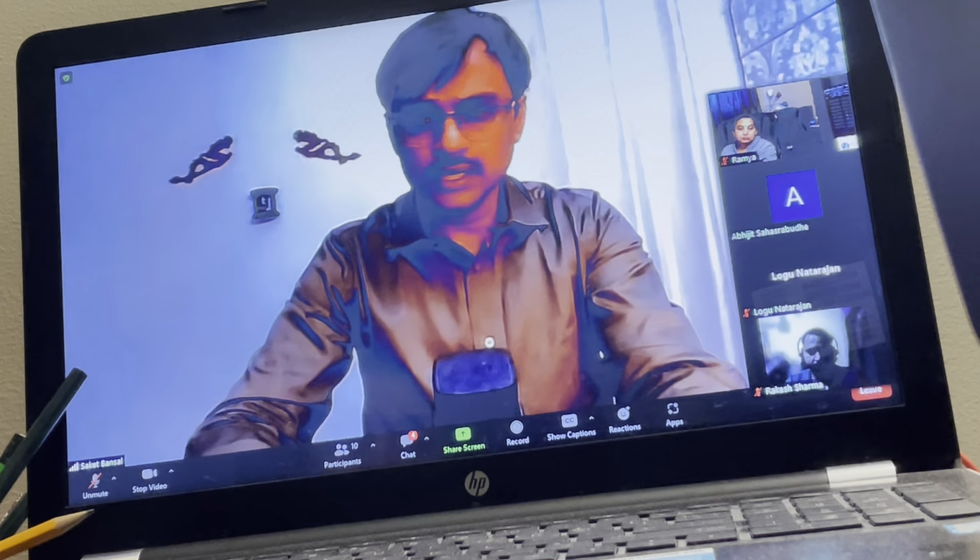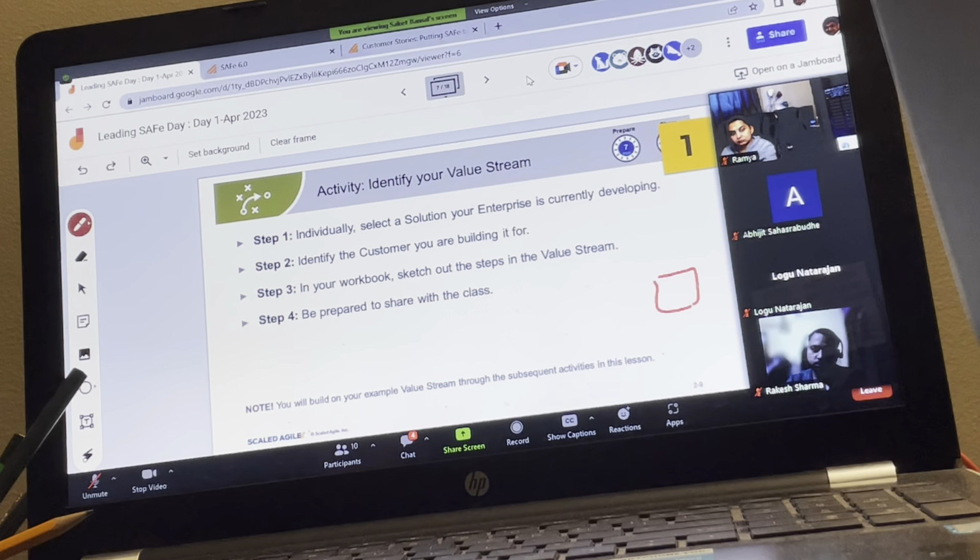So out of three of you, someone has a particular solution which is customer oriented and it looks like a value stream. So you can say, okay, this is our product or a solution. Maybe I better use another color. So we start by saying that, okay, this is our product, as a result, and then maybe identify who our customer is. That's what we write. And then we think of what do we do in order to deliver incremental features in this particular product. What are our steps? And if you do that, that will become your development value stream.